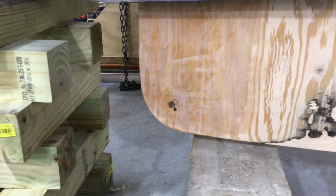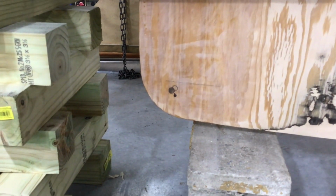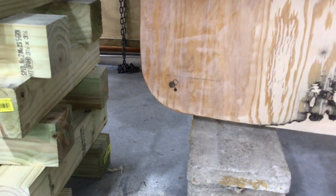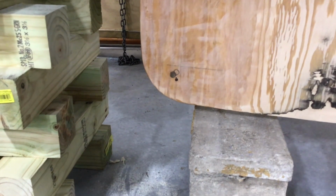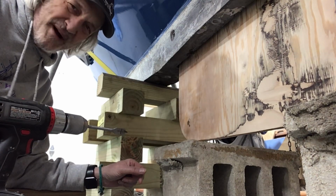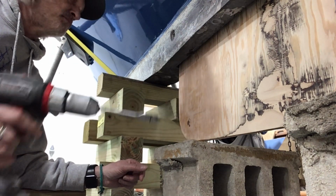I am fairly well convinced that my darkened end circle is where we need to drill the hole. And at some point you just got to drill it and say, okay, trust what you've done and that's going to work. In an absolute worst case scenario, it's wrong. I fill the hole full of thickened epoxy and let it set up and then remeasure and drill again. But I think that's going to work. We shall see. It's one of those moments where I'm a little apprehensive about doing this. I've got a 5/8 spade bit on here, which should be the exact,